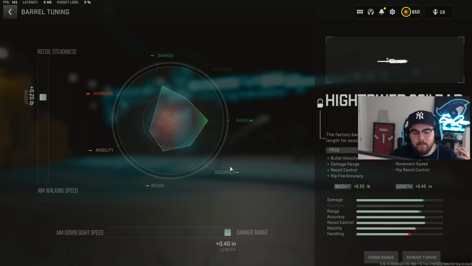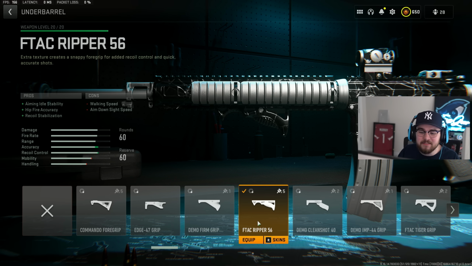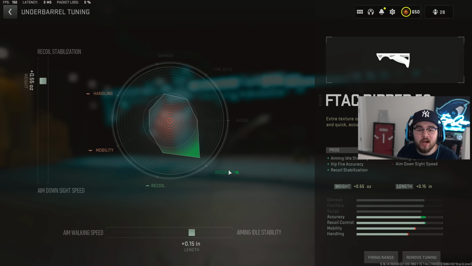accuracy. Again, making the M4 get closer to hit scan, making it hit harder, and making you an absolute beam. For the tuning on the barrel, I did plus 0.20 for that recoil steadiness, and I completely maxed it out for that damage range. Speaking of being a beam, you have the FTAC Ripper 56 for the underbarrel, giving you that aiming idle stability, hipfire accuracy, and recoil stabilization, making it to where the M4 is actually somewhat controllable. For the tuning on the underbarrel, I did plus 0.55 for that recoil stabilization and plus 0.15 for that aiming